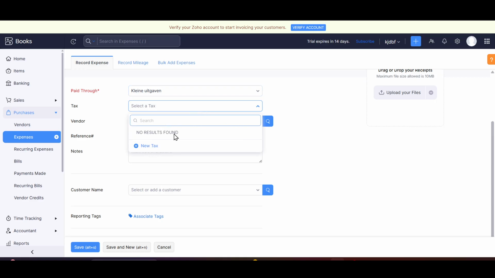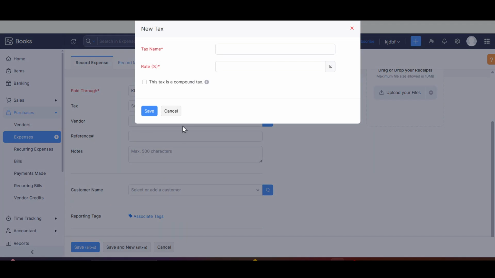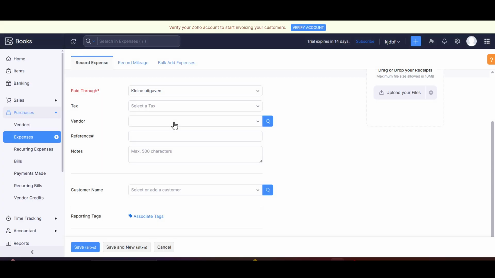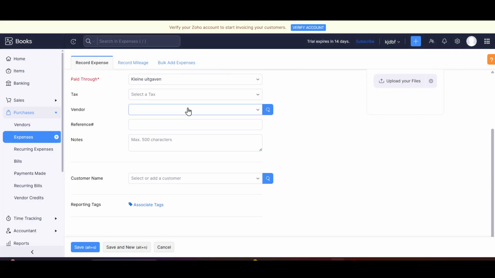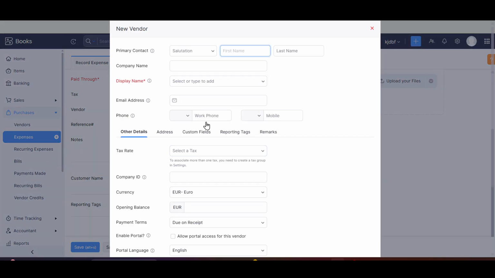If you have no tax, you can just create a new tax by clicking on new tax and then enter the details of this tax and then click on save. And after that, choose the vendor. If you have recent vendors you want to pay, you can just select them. Or if you don't have a vendor, click on new vendor and then you can add the vendor details here,